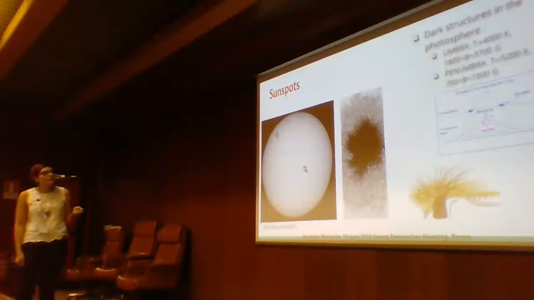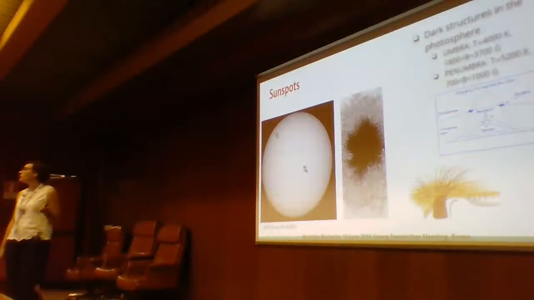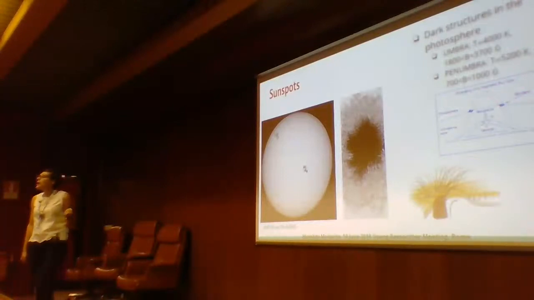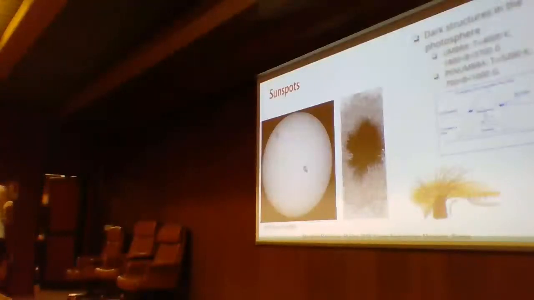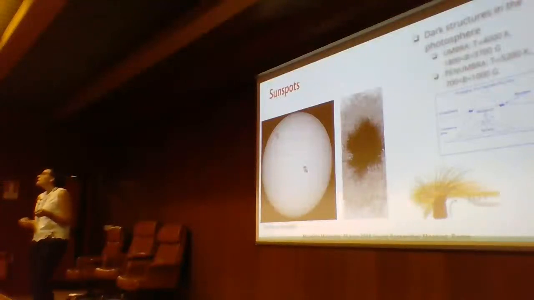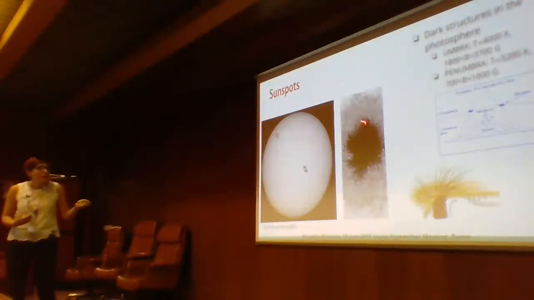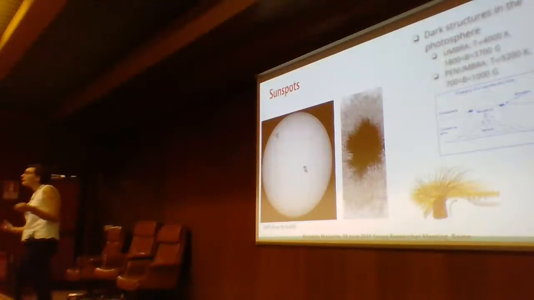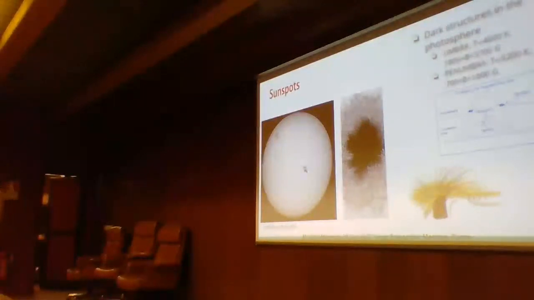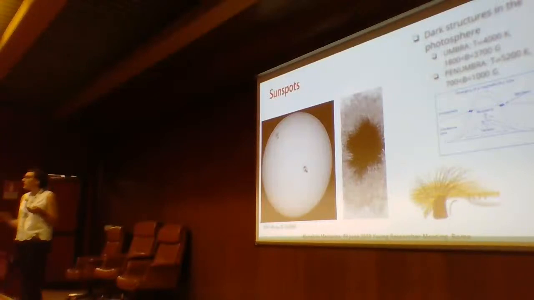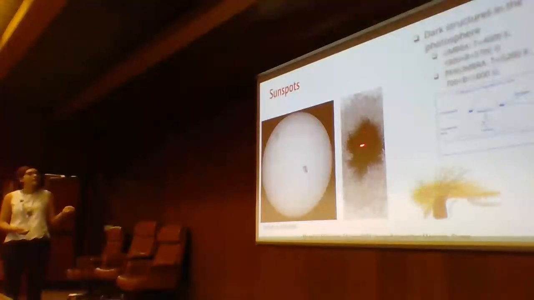In this sketch, we can see how the magnetic field of the sunspot forms, and we see how this bundle of magnetic flux tube emerges by magnetic buoyancy from the convective zone, and when it crosses the photosphere, the sunspot appears. So, and why are the penumbra and the umbra so dark? It's because the magnetic field prevents the going up of the convection, so the heating is suppressed. So here the heat,